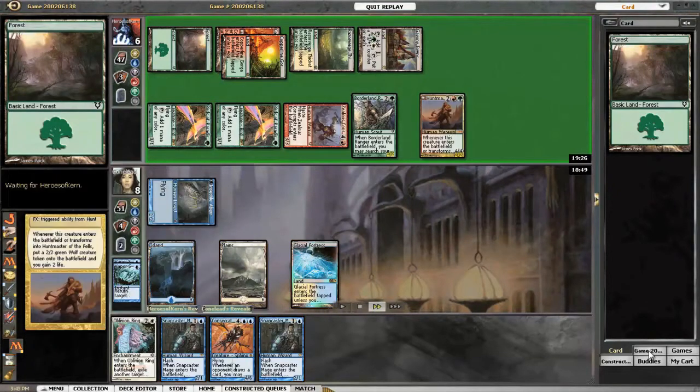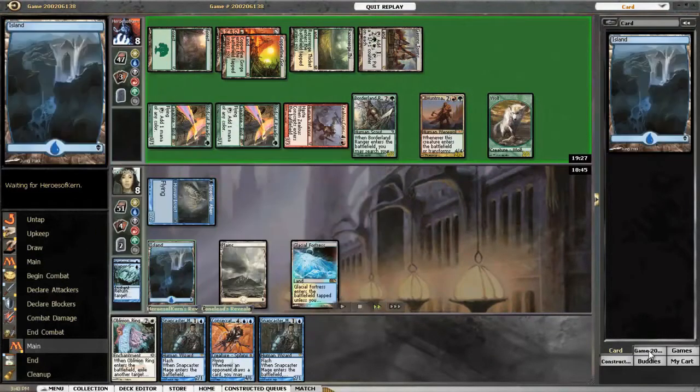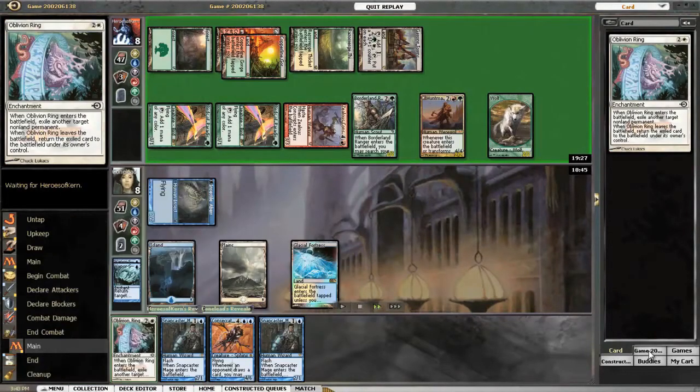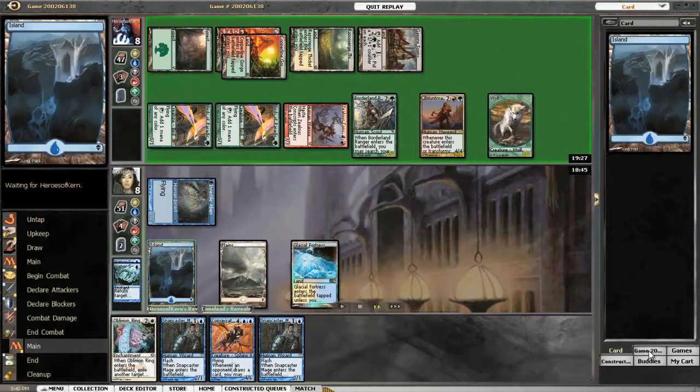And then he's going to play Huntmaster of the Fells for 2 more life. So as you can see, what I'm trying to do as Delver is delay his development long enough with things like Snapcaster Mage, Vapor Snag, and probably this O-Ring to win with Delver of Secrets through the air. That's my game plan in this situation, and it's often the game plan that Delver has when it falls